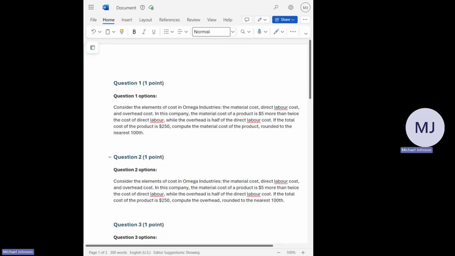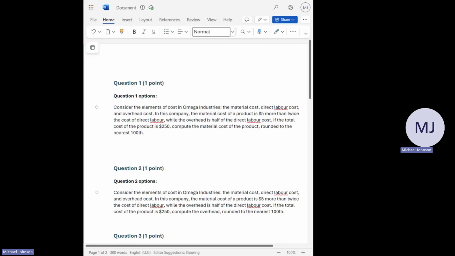So for this first question here, consider the elements of cost in Omega Industries: the material cost, direct labor cost, and overhead costs in this company. The material cost of the product is $5 more than twice the cost of direct labor, while the overhead is half of the direct labor cost. If the total cost of the product is $250, compute the material cost of this product rounded to the nearest hundred. So to do this,